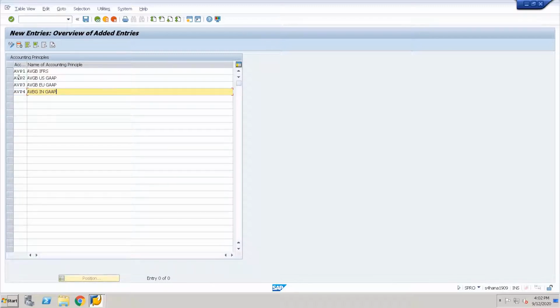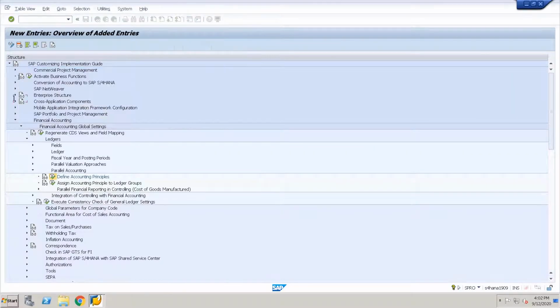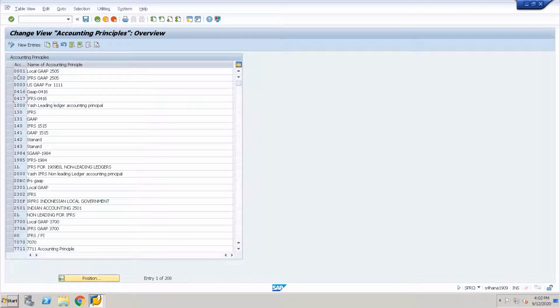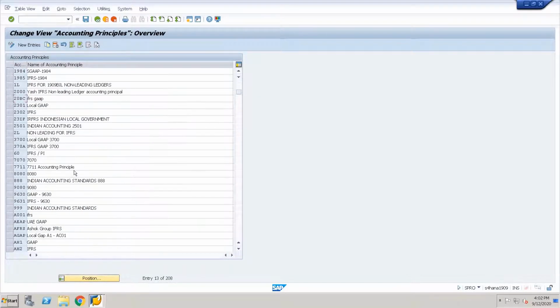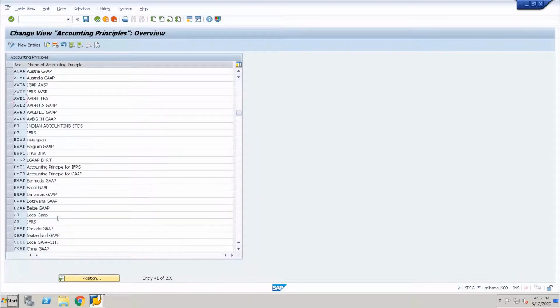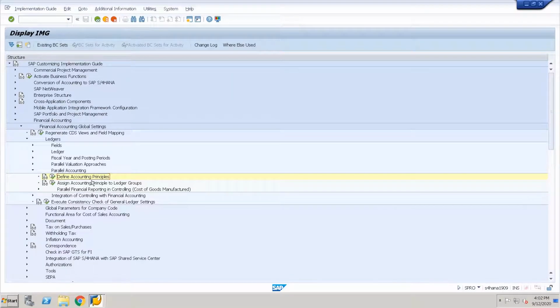I'm defining some accounting principles randomly in the system. This can be defined separately, or we can use the existing accounting principles that are already present in the system. So we are having all the major ones. We are having IFRS, we are having various others. This being a test system, we are having many copies of this, but SAP provides by default all the major accounting principles. So we can use those accounting principles.